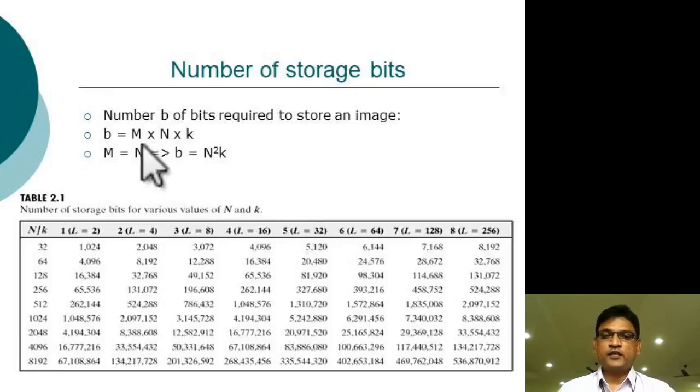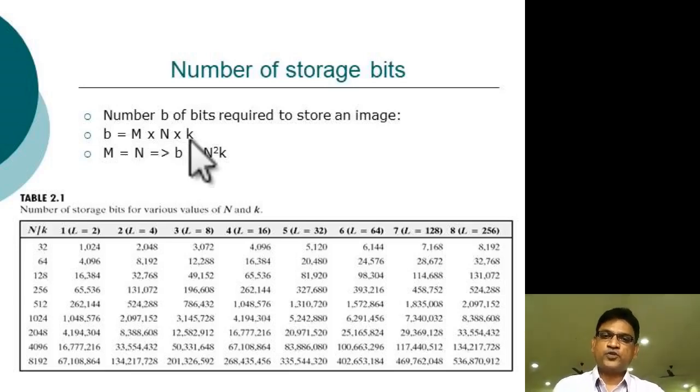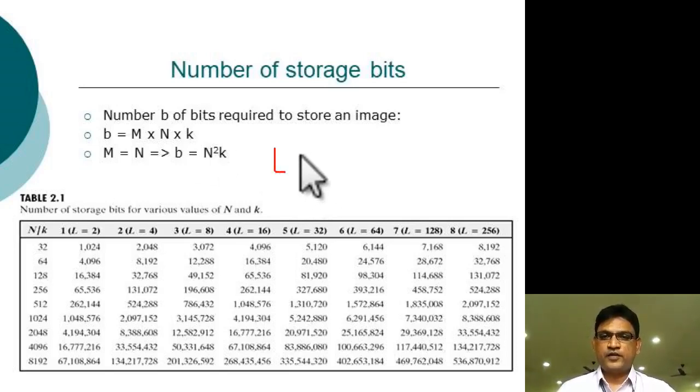And after sampling, we are getting the samples according to the number of samples, line by line, from top to bottom, from left to right. So the size of the image is determined by the sampling process, and the number of gray levels is determined by the quantization. Here m and n stand for the size of the image, and k is the number of bits used to represent a gray level. So we have taken L equal to 2 power k,